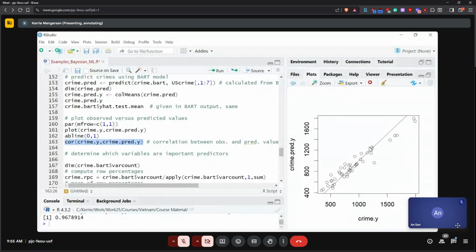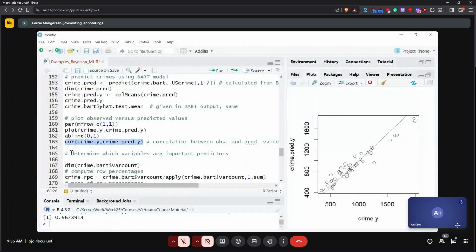So I'm doing pretty well for the ones where I've got lower crime values, and not so well for the ones with the higher crime. I've underestimated the predicted values here.